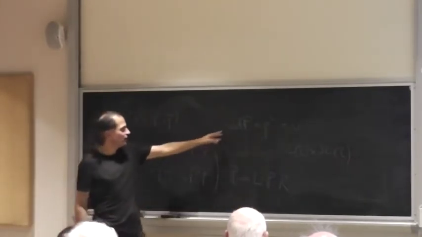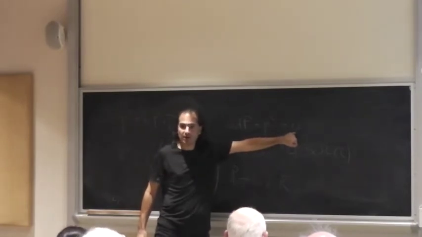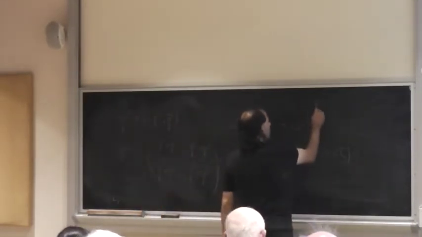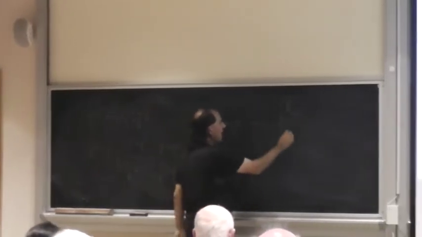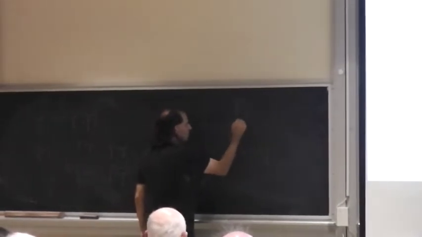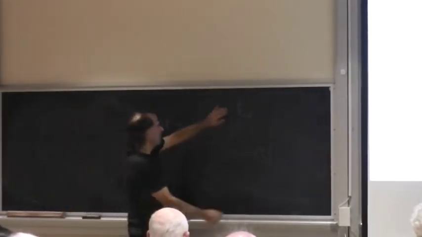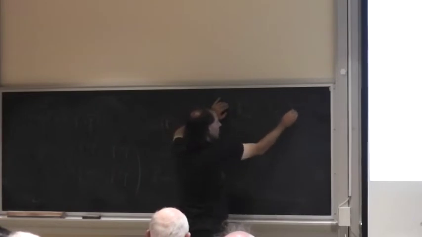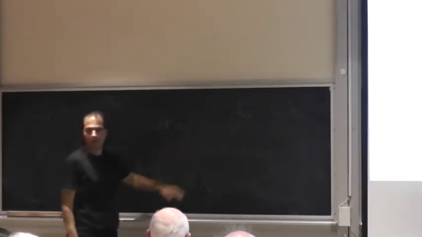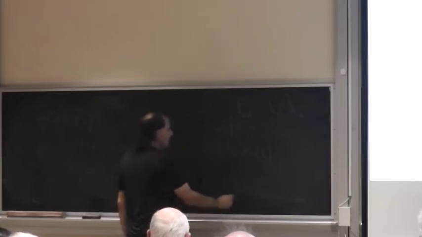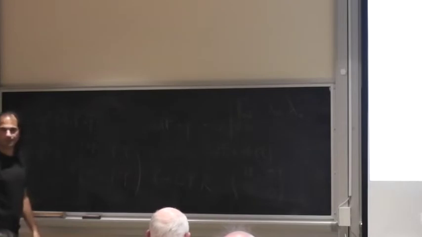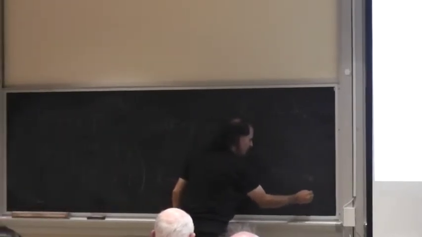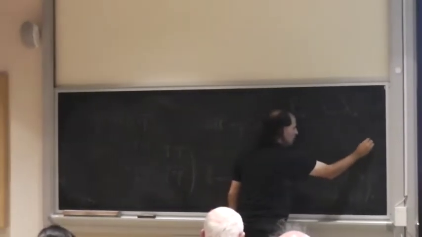We know that this 2 by 2 matrix has 0 determinant, so it has rank 1. And because it has rank 1, if I call explicitly the matrix with two indices, so alpha runs from 1 to 2, alpha dot runs over 1 dot to 2 dot, then this matrix is just the outer product of two two-dimensional vectors. So for instance, if I had a particle moving in the z direction, this would be the 2 by 2 matrix, and lambda would be the square root of 2e0, for example,